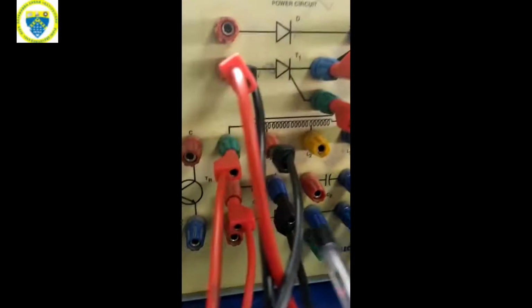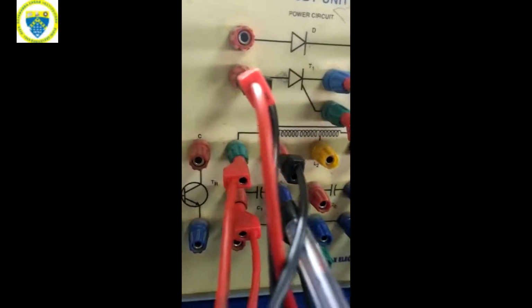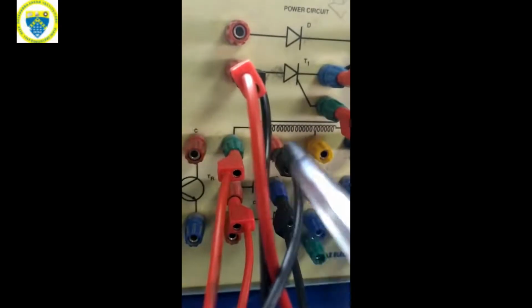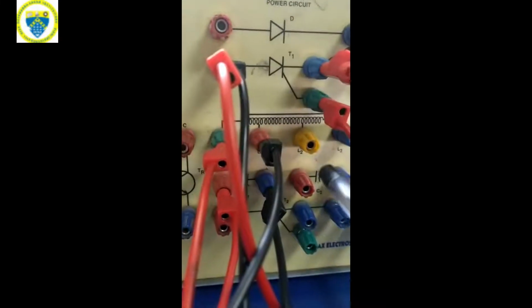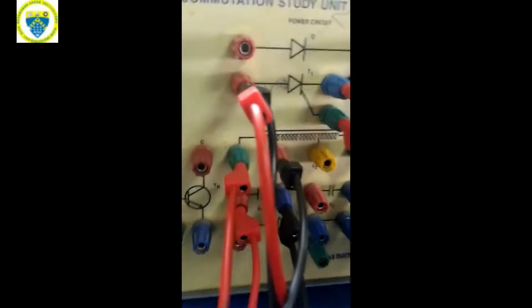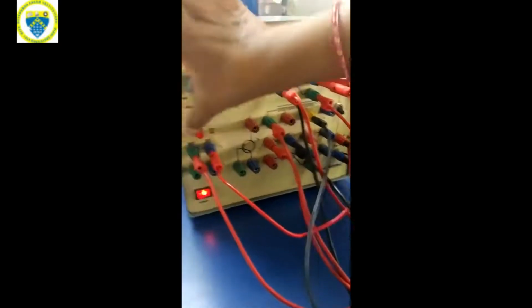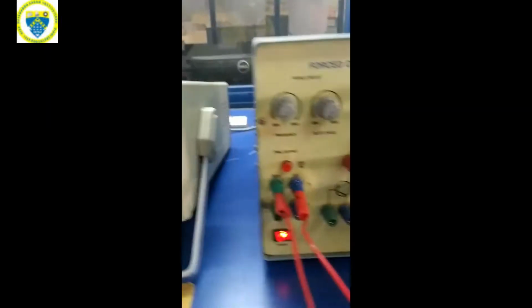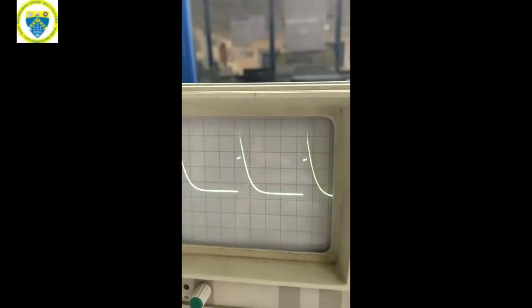Right now, L1 is connected in the network. Now, L1 is changed to position L2. Triggering pulses are again started for T1. T1, T2, T3 can be noted.